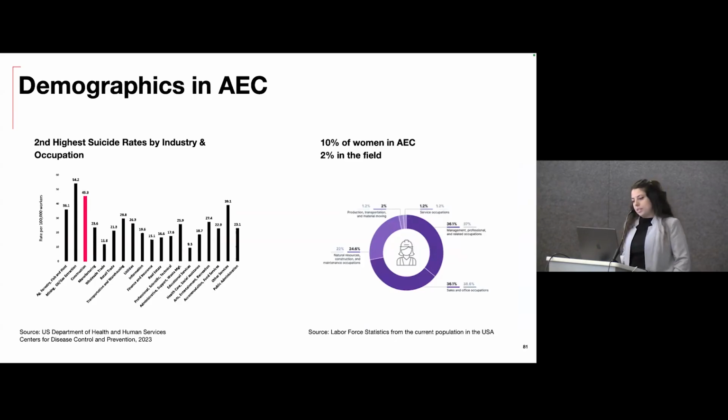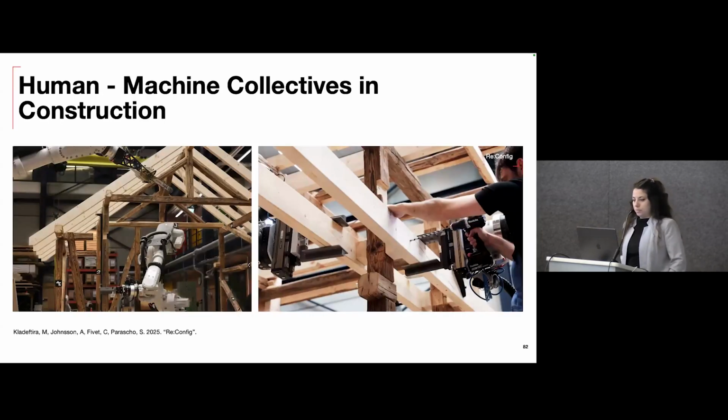We also look at how we construct things, and some of the interesting things that we found looking at the demographics in the construction sector is that the humans that are involved in these trades suffer from various things. We have one of the highest suicide rates in all trades. The demographics of the people working in the sector are very skewed. So we like to think about how the technologies that we engage with and apply actually affect the humans that are involved in these practices.